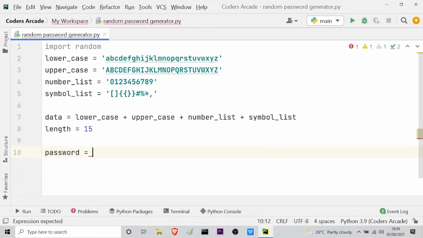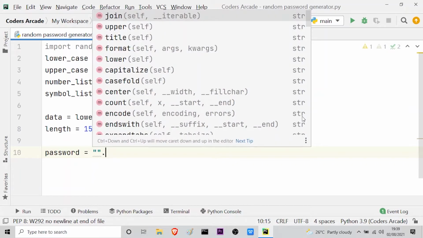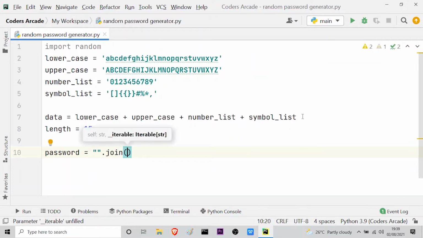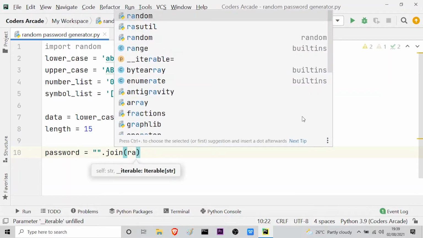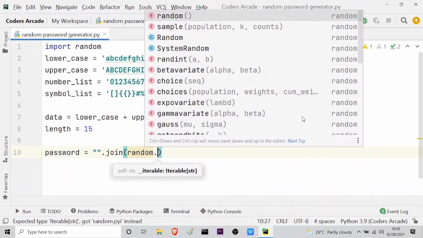Password is equal to, here I have to use the double quotes, and after this I have to use the dot, and as soon as I give dot, you can see I've got the join method, and I will use this, and inside the parenthesis I will type random and use the dot operator, and as soon as I use dot I will get all the methods inside my random module.